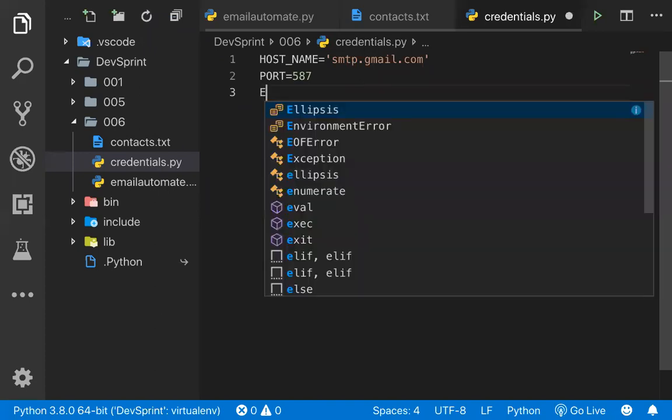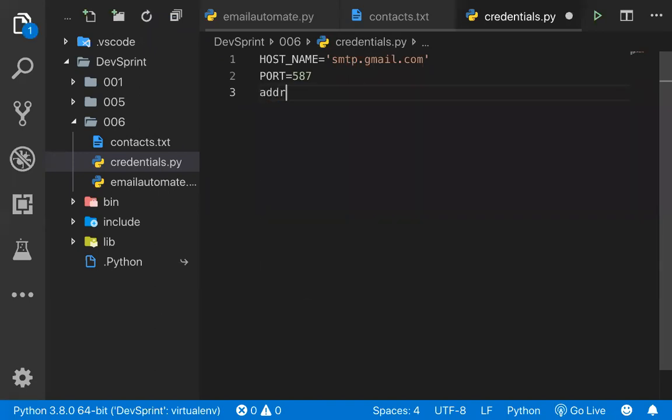Next, we need an email. I'm calling it an email address, so don't get confused; I'm keeping it as address because it gives uniqueness. I'm going to use my current email address to send this information to the different email IDs. Right now I created one email for this dev sprint, called devsprint2020@gmail.com. I'm going to show you everything and you'll get some idea. Then the password is also there. I will use the password shortly; for the time being, we'll come back to it later. I will show you the password also.